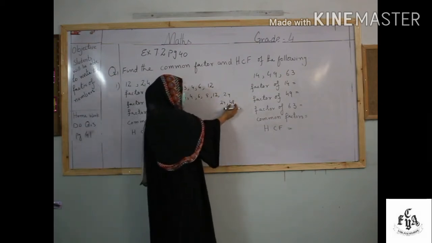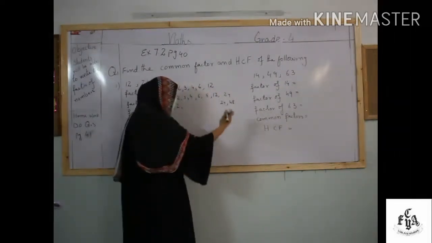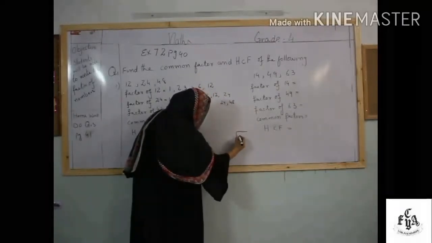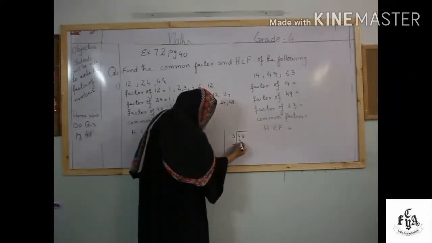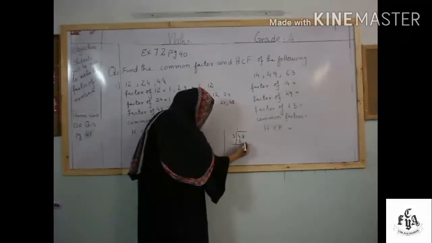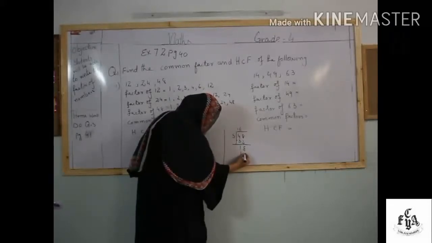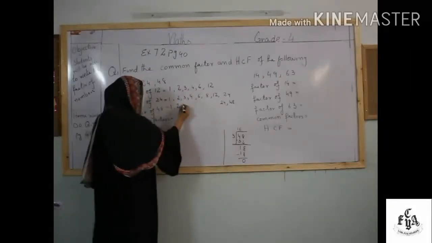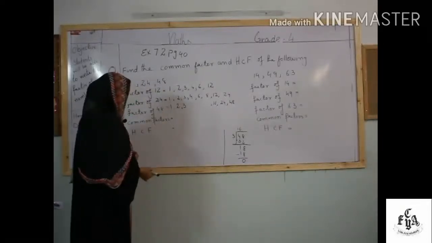First we will check is it divisible by 3 or not. We will add 48. 4 plus 8 makes 12. It means it is divisible by 3. So I will check it here. 48 by 3. 3 1s is 3. We have 1. Now the next number is 8. 3 6s are 18. Remainder is 0. So it is divisible by 3. 3 16s are 48.